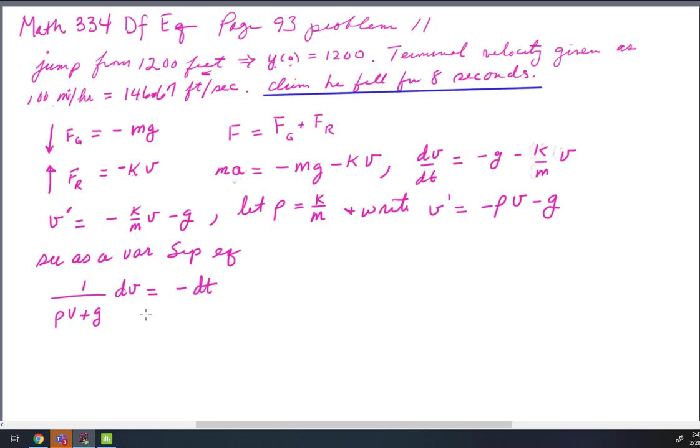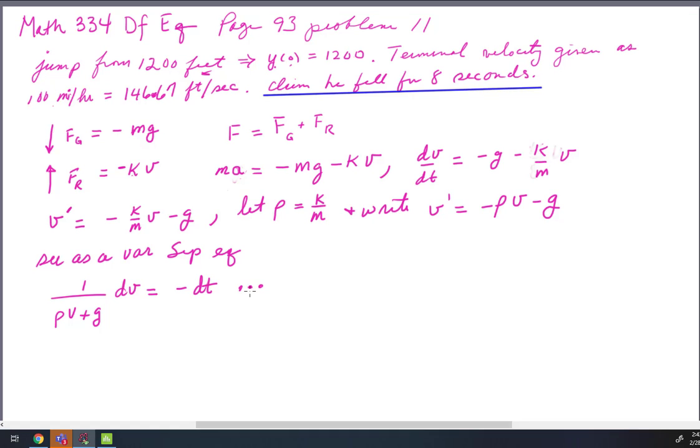And so you would integrate that, and this is going to be a log with appropriate variables added in. I mean, if this is 1 over u du, the du would have to be rho dv. So I'd put in a rho and divide by rho and so forth, and we would get,